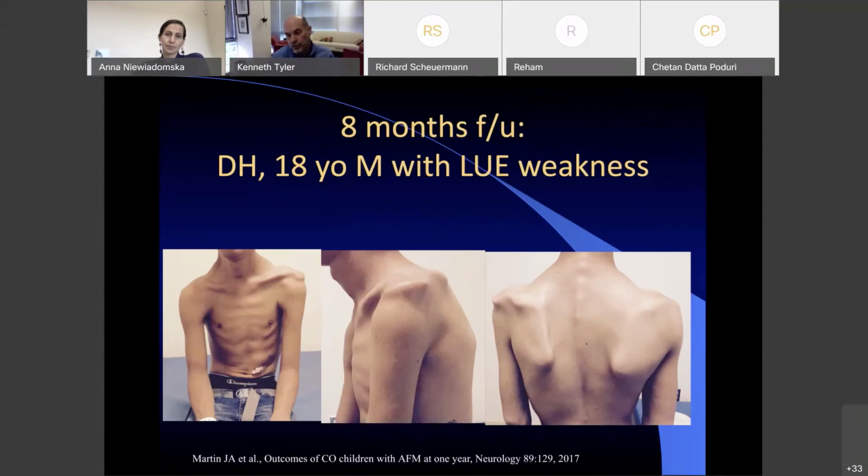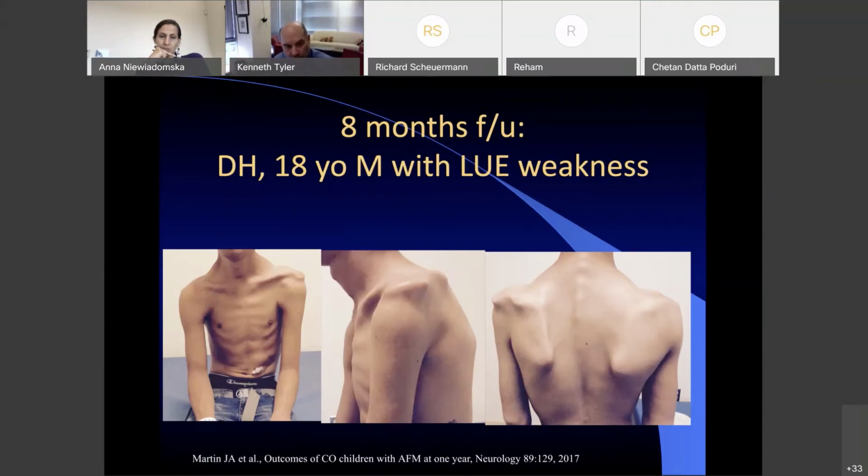The children affected by this were typically young. The age varied across the different years. I'll show you some pictures in a second. This one stuck in my mind because DH was one of the oldest children. He was about 17, as I recall, when I first saw him, a senior or a junior, as I remember, in high school, and had been a vigorous soccer player and athlete, and developed this tremendous upper extremity weakness with